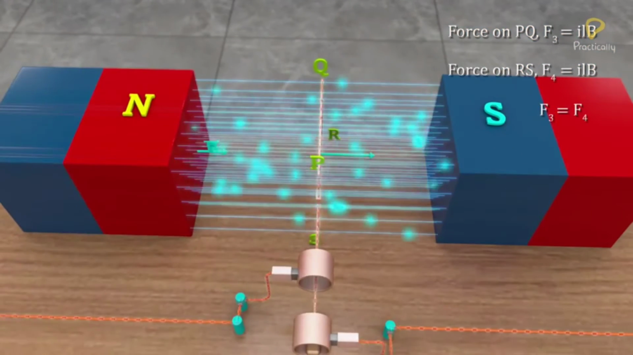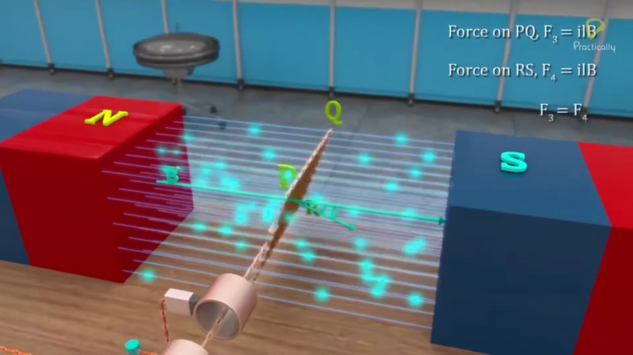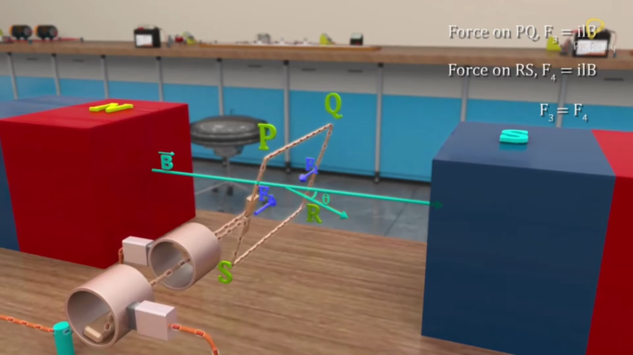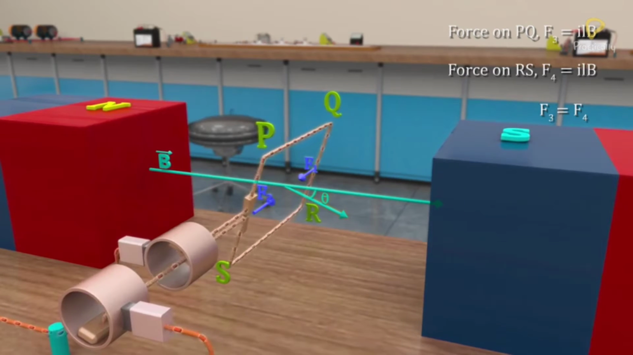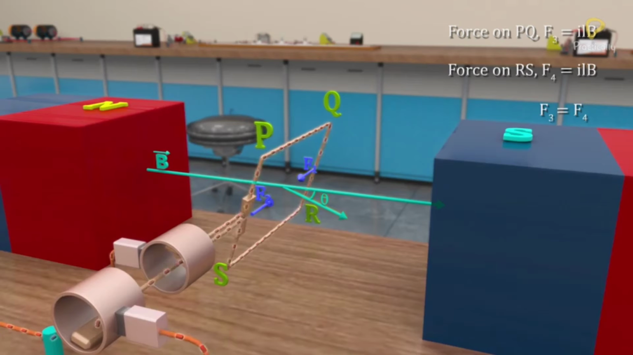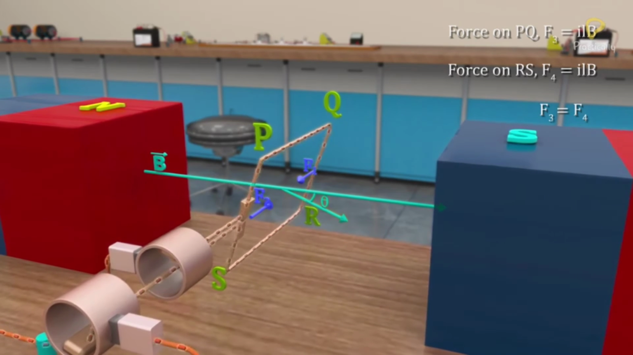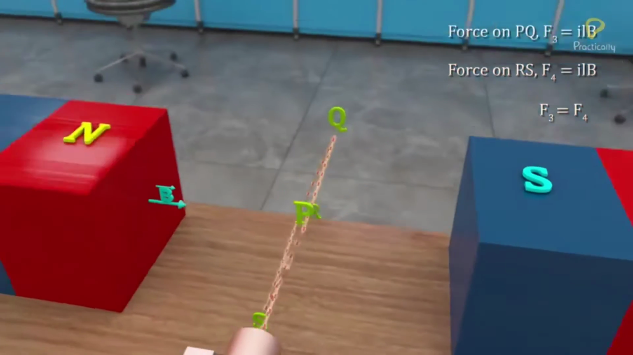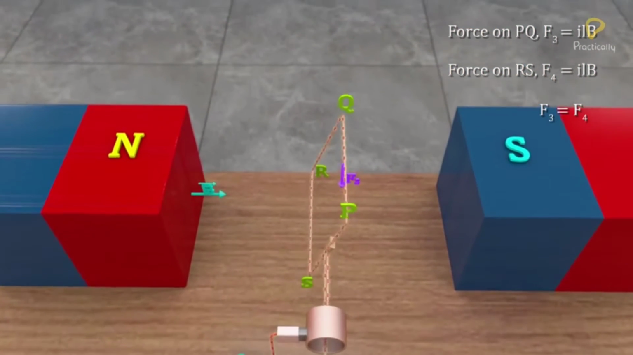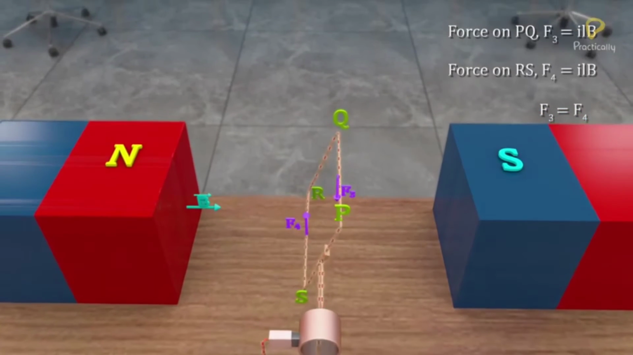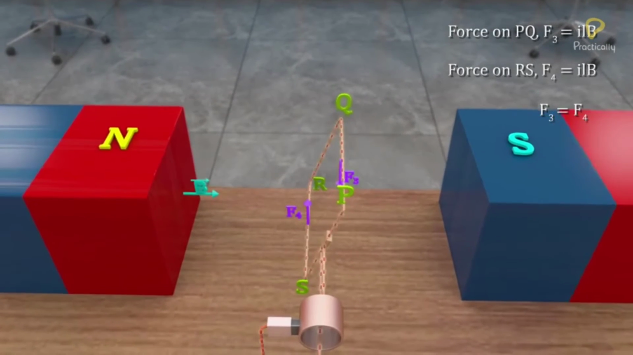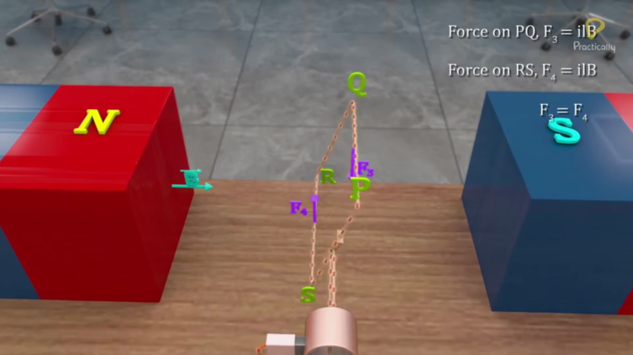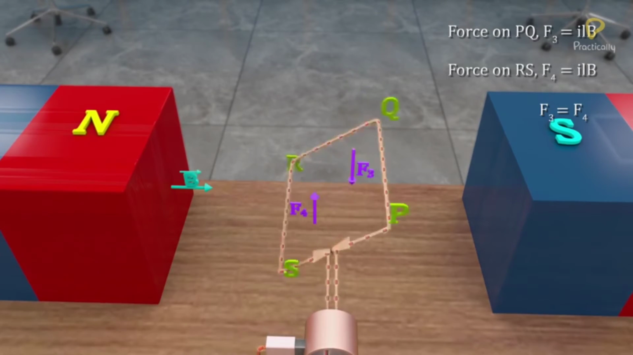Now, let the loop's normal make an angle theta with the magnetic field. Forces on SP and QR are equal and opposite to each other, and they have the same line of action. Hence, they produce a net force equal to zero and net torque also equal to zero. The magnitude of the force on PQ is equal to the magnitude of force on RS, but they don't have the same line of action. Hence, they produce a couple due to which the coil tends to rotate in the clockwise